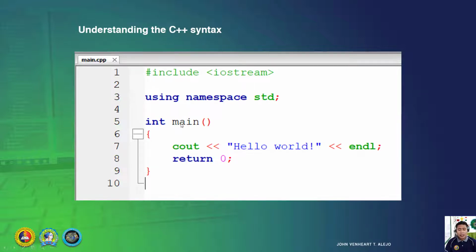Si main ang naay imong balay. And then, ang left brace ug right brace are mga alad. Everything inside your left brace and right brace, ang owner ani is si main. Get it? So, tanan-tanan sulod aning left brace are si main. So, kung tawagon nimo si main, everything will execute.